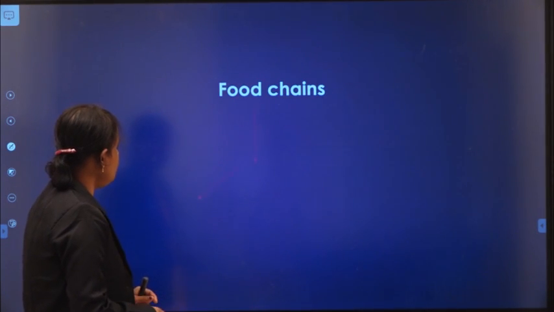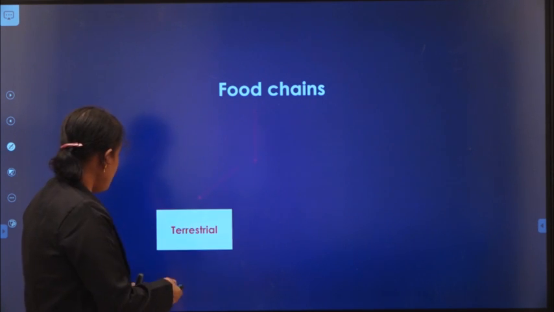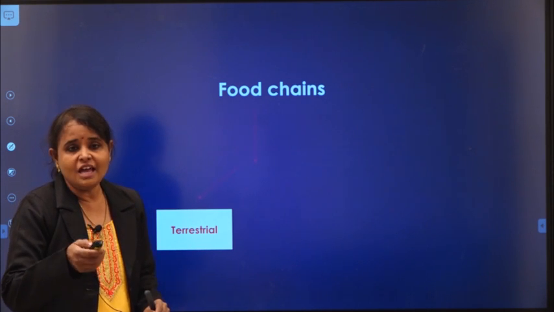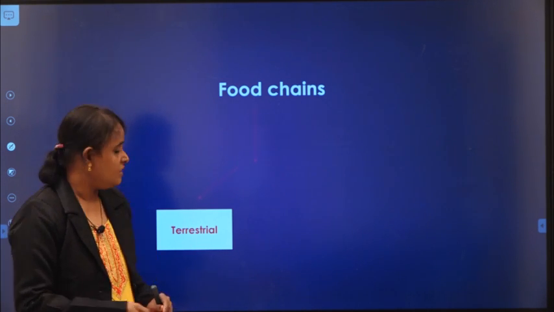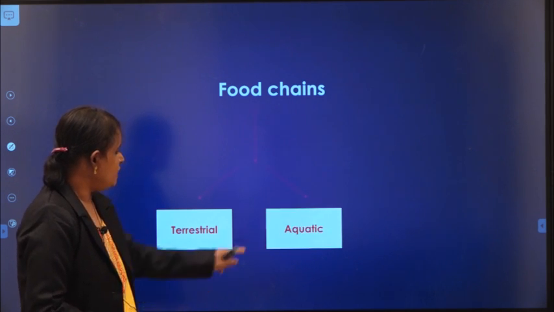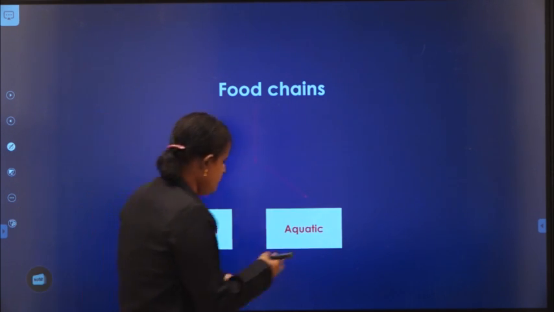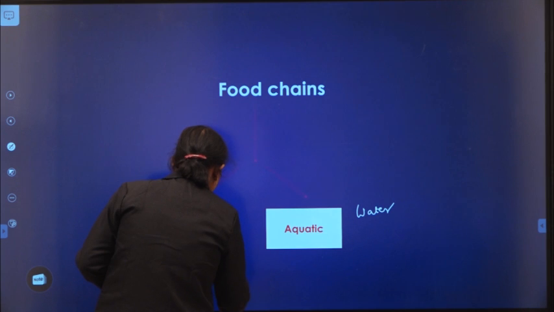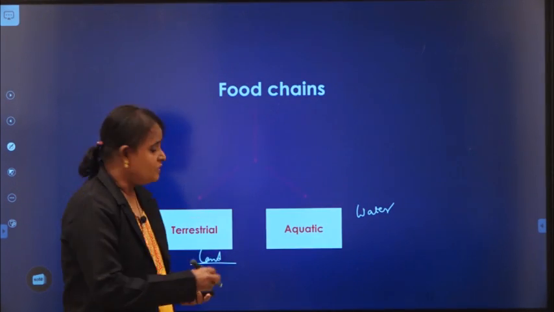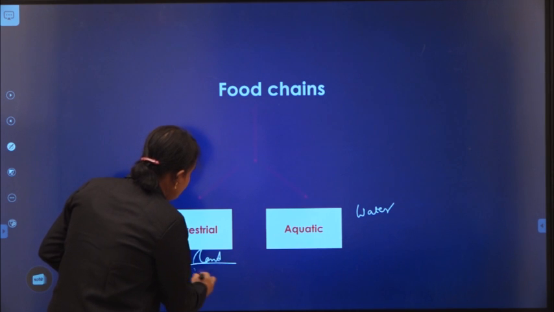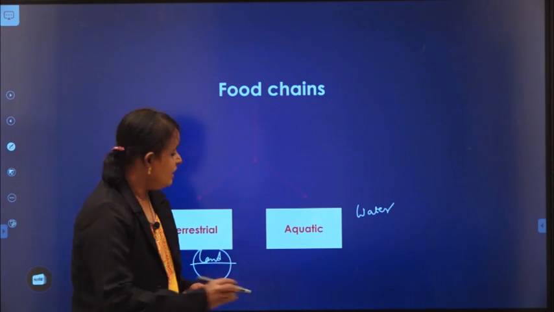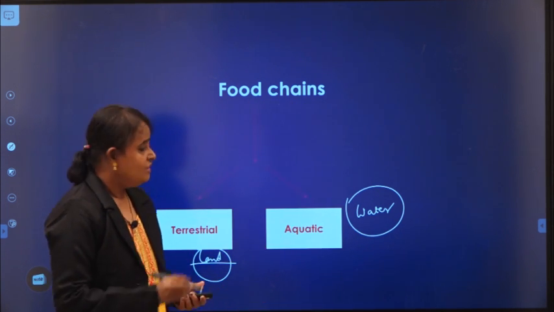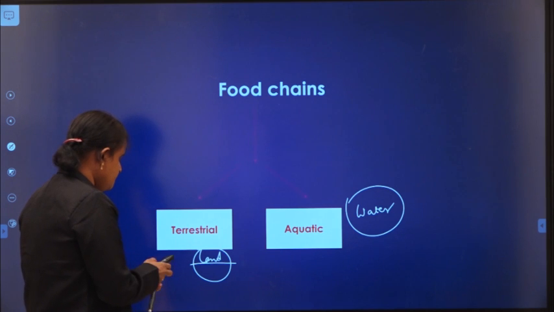Now, these food chains on land, you can see, are known as terrestrial food chains. What is terrestrial? If land is the habitat, we call it terrestrial. Next, aquatic. What is aquatic? Aquatic means water; water is the habitat. Terrestrial means land is the habitat. So, what examples can you give here? Food chains on land. Here you have to give food chains in the water. Okay, so now you can see the examples.